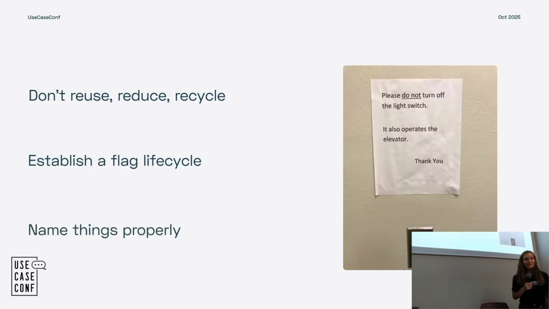And lastly, name things properly. This is a hard one, of course, but having a good structure around naming conventions and organization, and knowing how and where to evaluate a feature flag in your code, is very important. And actually, I've written a few tutorials on organizing flags in code and things like that, so I could send you some resources if you want to dig in deeper.